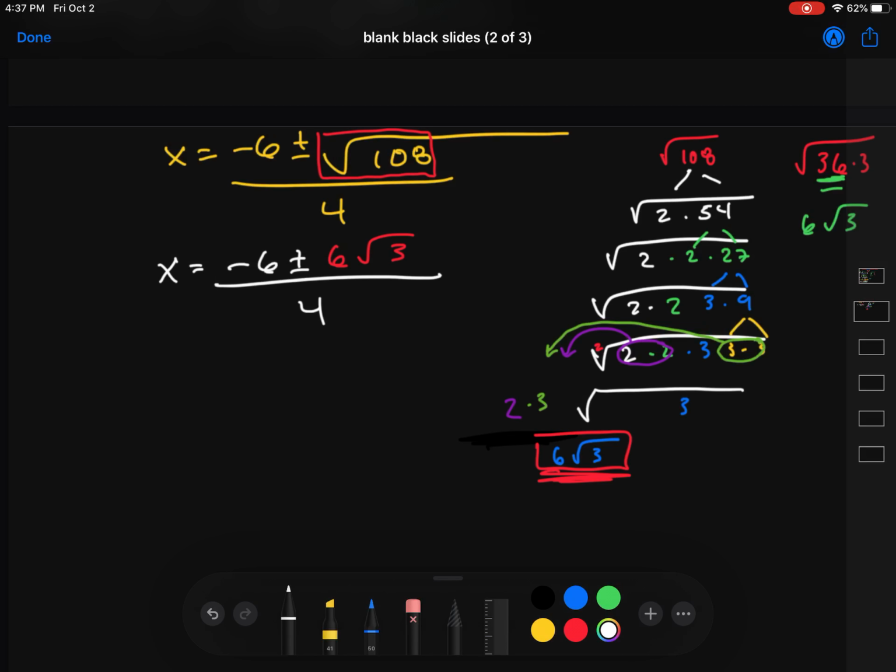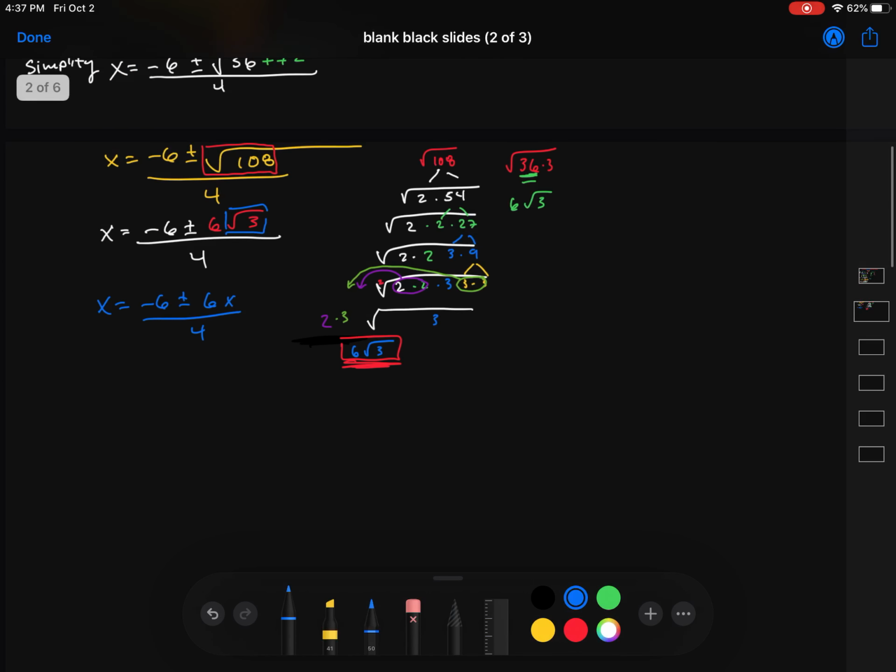So what I'm going to do is factor out a 2. You can pretend that this box here is like an x. So think of it as an x. So you can have something like negative 6 plus or minus 6x over 4. Okay? And if you take out an even 2,